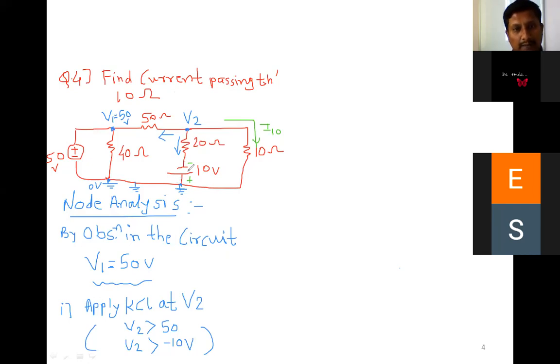Okay, so polarity matters. If it is plus, then you have to take the plus value in the assumption. If the plus plate is above, no, if the minus plate is above, then you have to take minus. Okay, and for the third branch, V2 greater than 0. So this is the 0. That is not needed to be mentioned here.